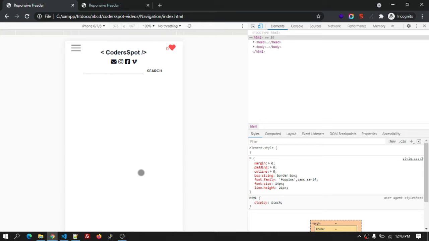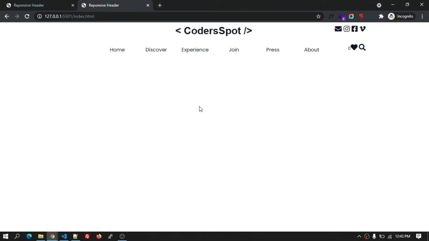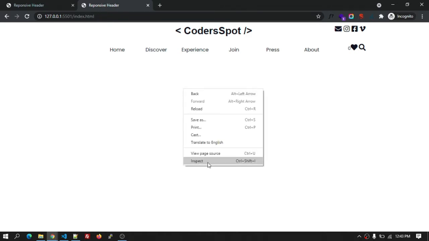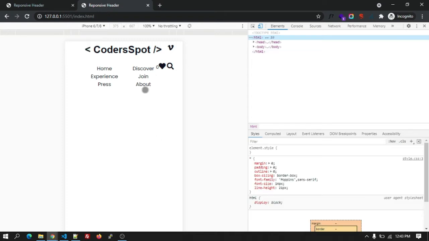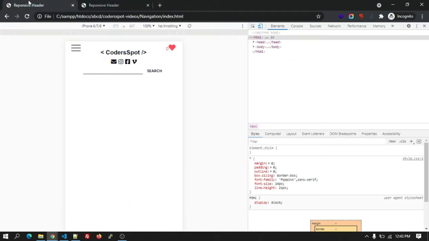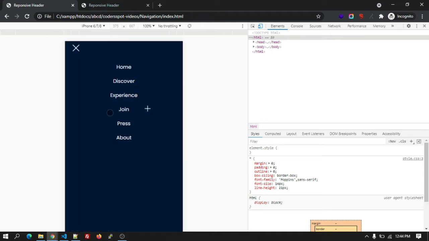In this video, we are going to learn how to make a responsive header using HTML, CSS and jQuery. In the last video, we made the desktop header. This is not a responsive header. So in this video, we are going to make this header responsive and mobile friendly. You can see we are going to build this mobile header in this video. Please have a look.